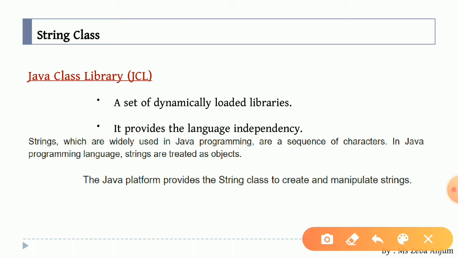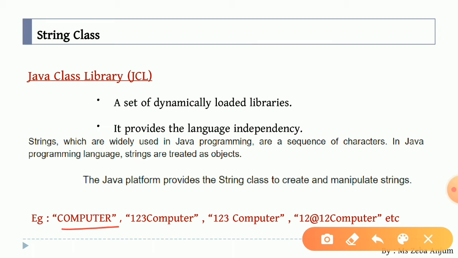Okay, now let us see certain examples. You already know that whatever we are going to store in the string data type should be contained in double quotes. Now let us see some examples. See, first one, computer. It is a very simple one, everything is enclosed in double quotes. Now by this second example, we mean to say that not only letters but digits can also be there. See the third one, there is a space in between, it is also perfectly valid, you can use anything in double quotes. See the last one, we have the at the rate symbol, this is also valid. Whatever you write in these double quotes is a valid thing.